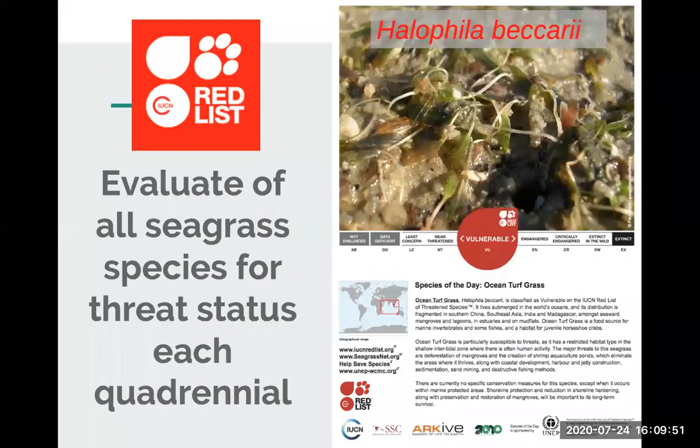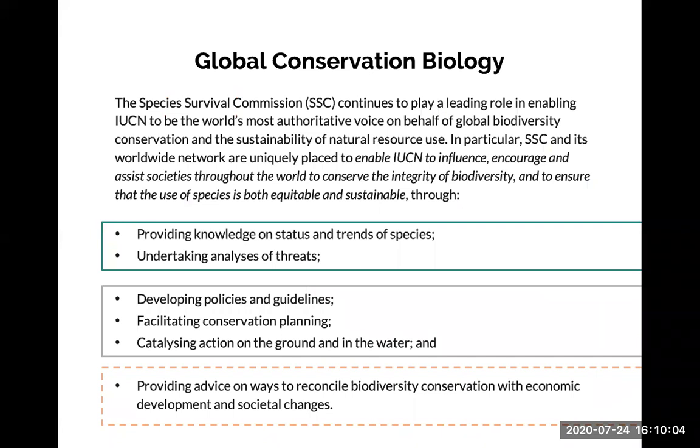And our goal by the end of this year is to have looked over and evaluated all of the seagrass species once again for their threat status. So this is a big undertaking, but we really have been focused on how we can develop this network in a way that makes this undertaking something that's really inclusive and positive experience,